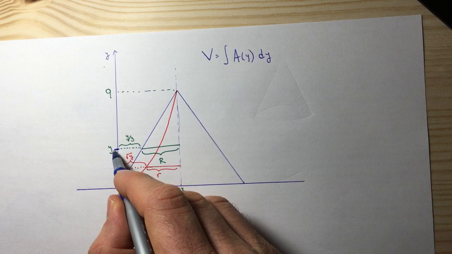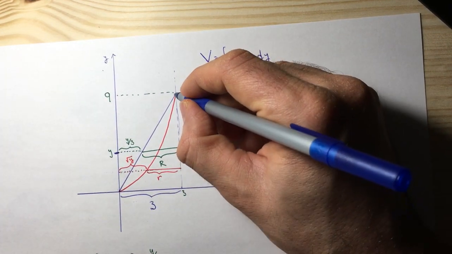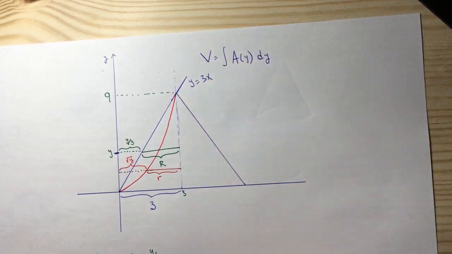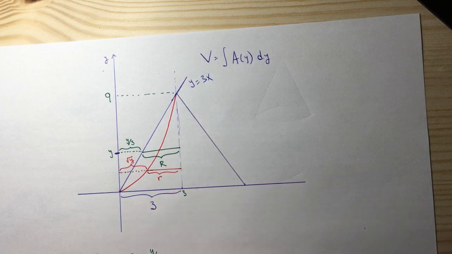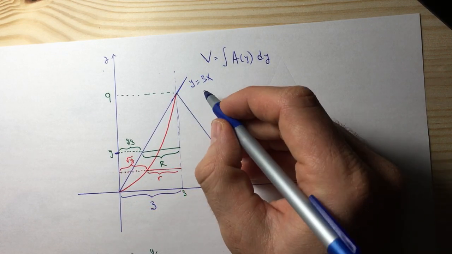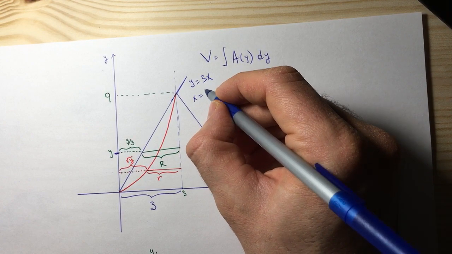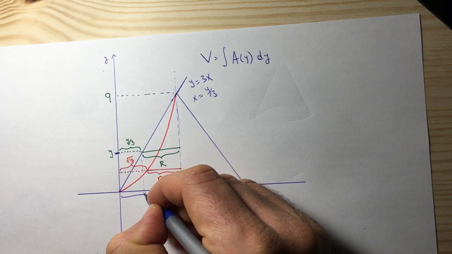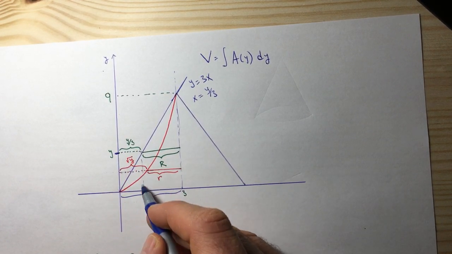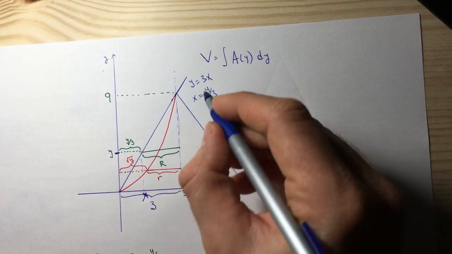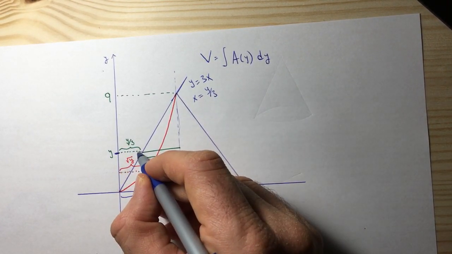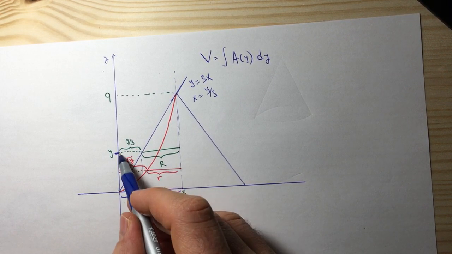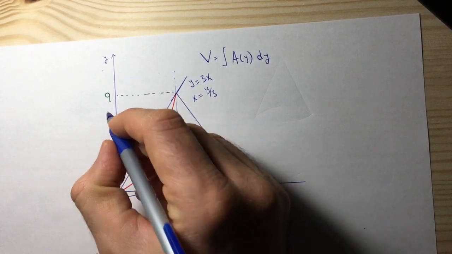But this distance is determined by this y, because this is nothing else but the line y is equal to 3x. Then how much is x in terms of y? That's y over 3. So this distance here, for this particular y, is x, and x is equal to y over 3. So I have this distance from the origin to the axis of rotation, and for every single y, let's say this y,